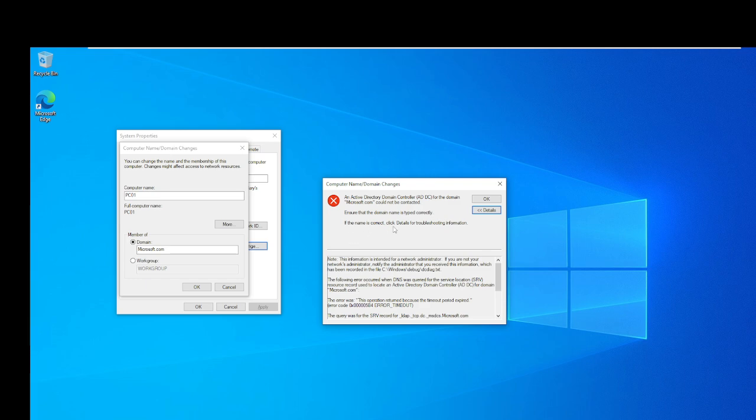If the name is correct, click Details for troubleshooting information. If you read the information below, it is intended for a network administrator. If you are not the administrator, notify the administrator that you received this information. When the DNS was queried for the service location SRV resource record, used to locate the Active Directory domain controller,